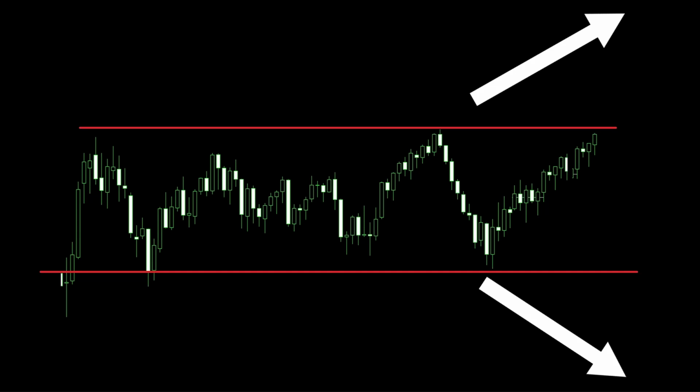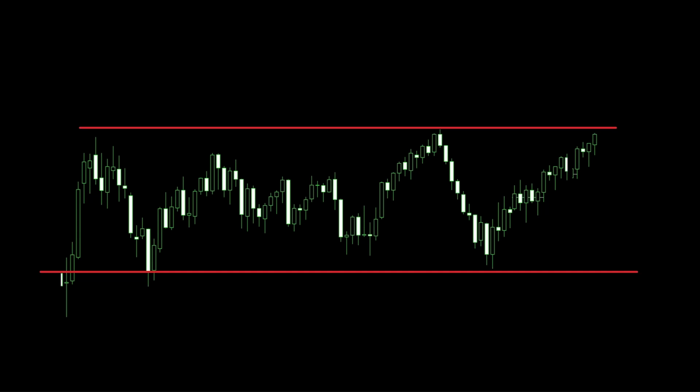In ranging markets, the high price acts as a major resistance level in which the price can't seem to break through. The low price acts as a major support level in which the price can't break as well. The market has no clear direction. It's also known as a choppy market. A choppy market is the opposite of a trending market. In a choppy market, there is no clear direction and the price chops up and down. Our suggestion as beginners is to not trade ranging markets.